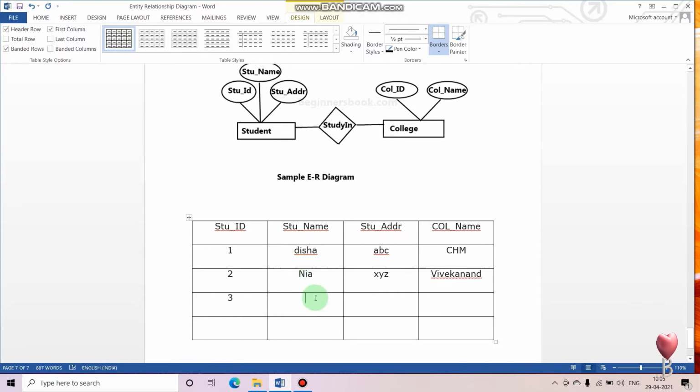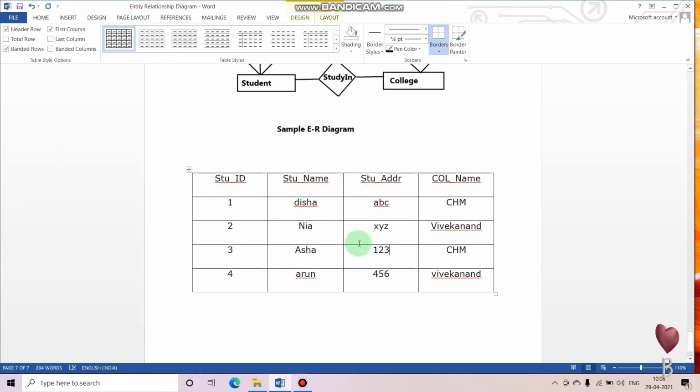Then the third one will be Asha, 1 2 3, then CHM. Then fourth, Arun, 5 6, Vivekanand.